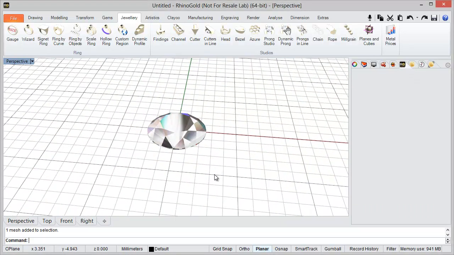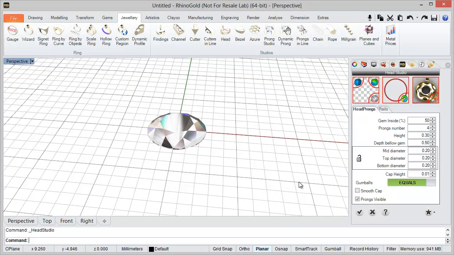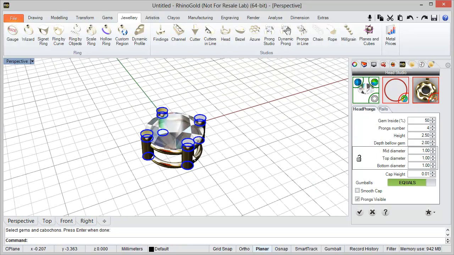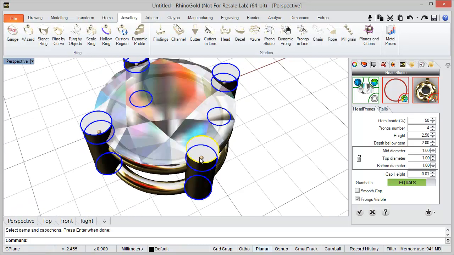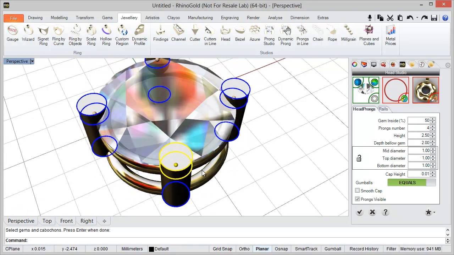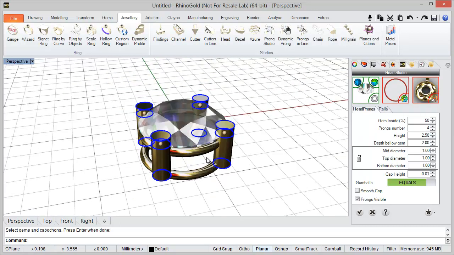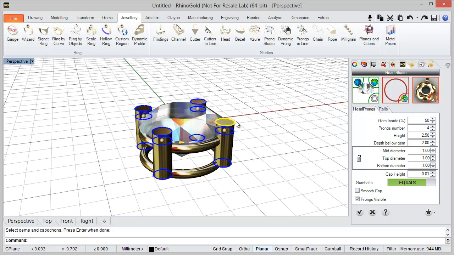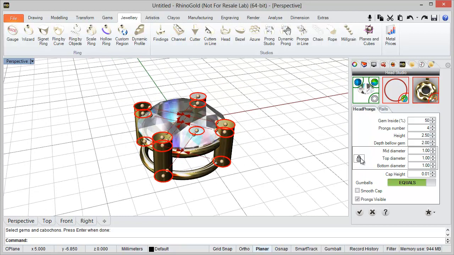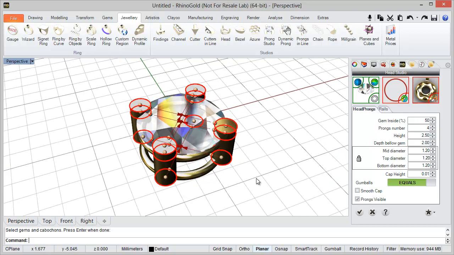Okay, now I'm going to create a head studio. This is the gem. Now I can edit the prongs with shift to move them all. I can select with shift all the profiles to change the diameter, for example 1.2, and